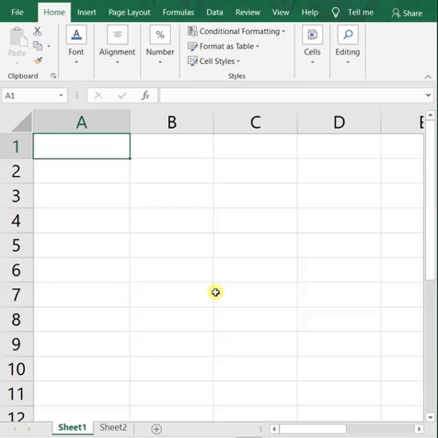So MS Excel provides a feature which can fill the series automatically just by providing the first two values of the series. You don't have to type all the values of the series manually in your worksheet. You only have to type the first two values of the series, and after that, when you perform the autofill feature, it will automatically generate the rest of the values of the series.